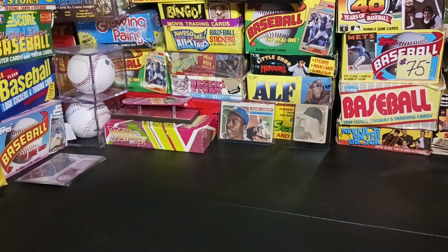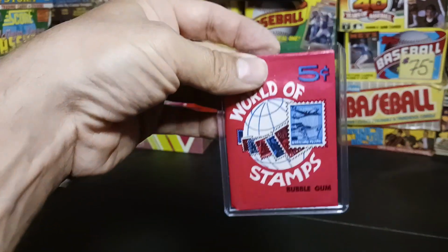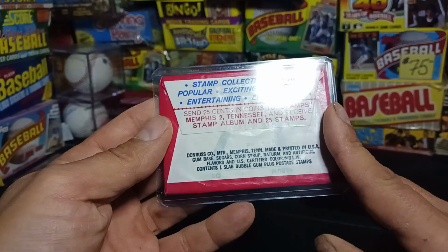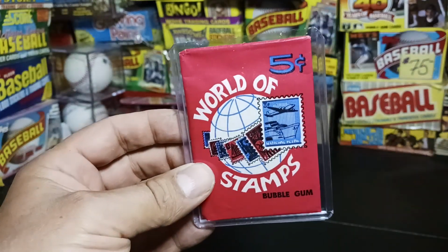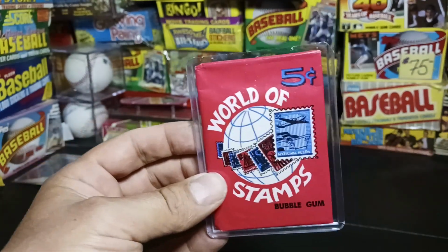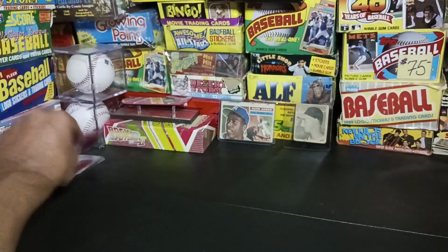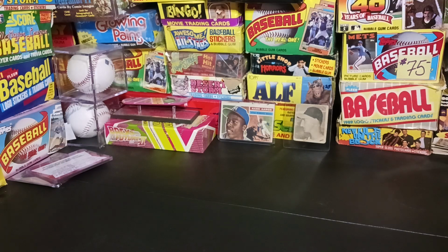Next up, I'm going to shoot over to the year 1965. We're going to do World of Stamps, okay? Nice Don Russ pack. Don Russ didn't start making baseball cards until 81, but they did make some wonderful non-sport stuff. I love the artwork in here. What else do we got from 65 here? I'm sorry,